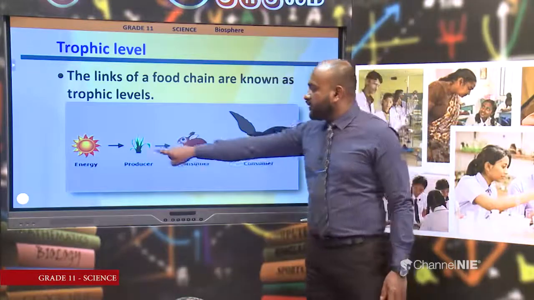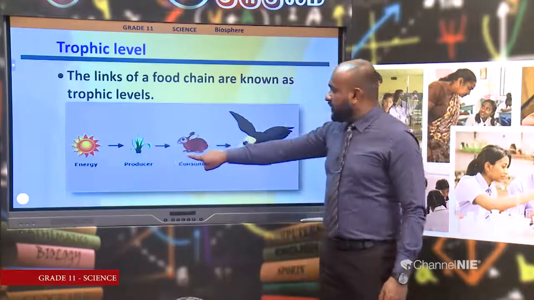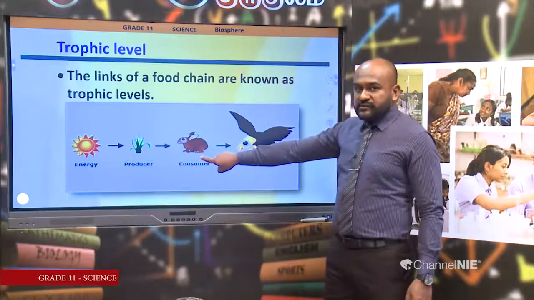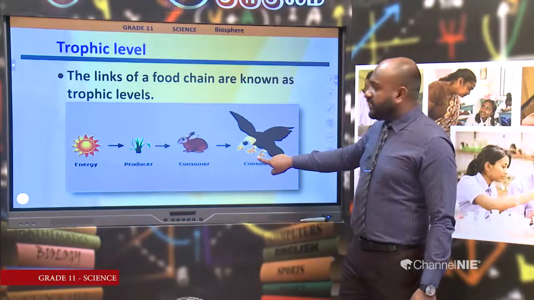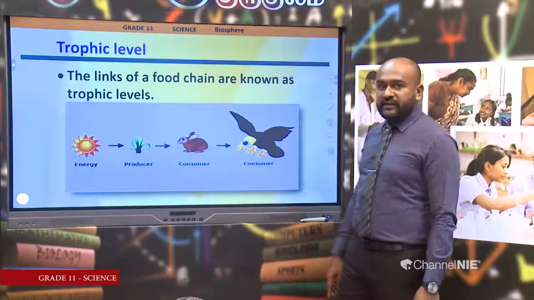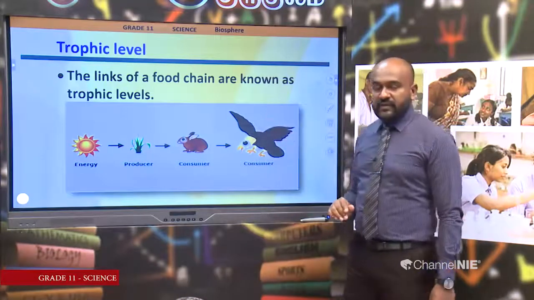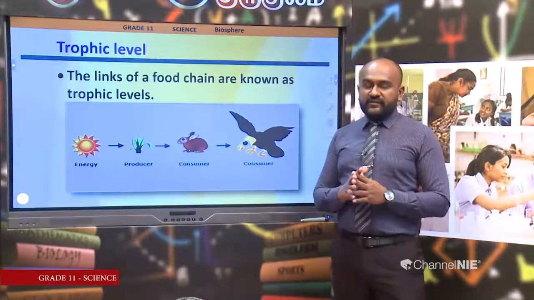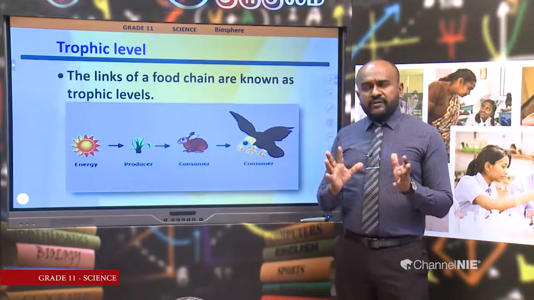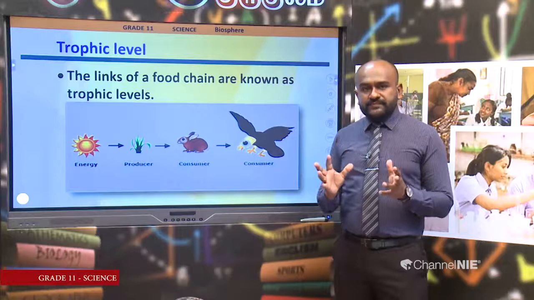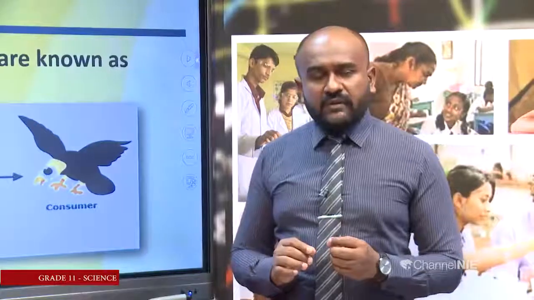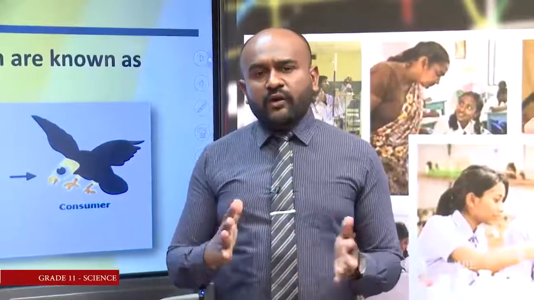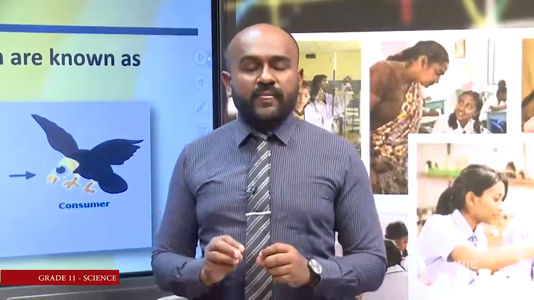This plant belongs to the first trophic level, the rabbit belongs to the second trophic level, and this eagle belongs to the third trophic level. So, then there are 3 trophic levels or 3 links. Okay, so, that is about food chains. But actually food chains do not give us a correct picture about energy flow in an ecosystem. Why do they not give us a correct picture about energy flow?